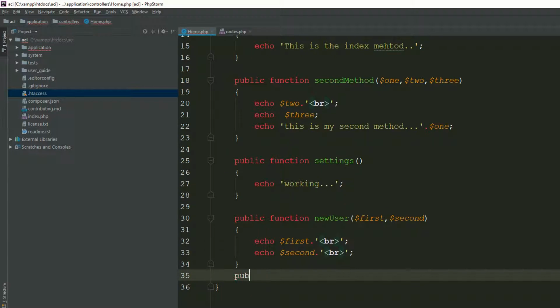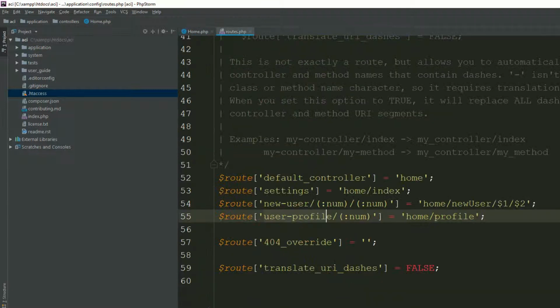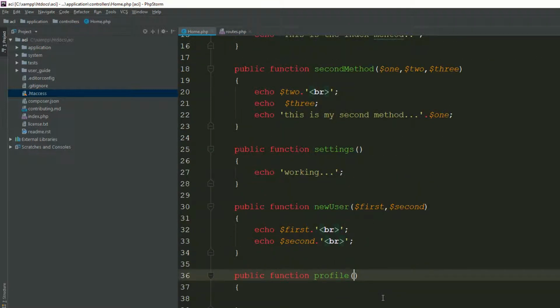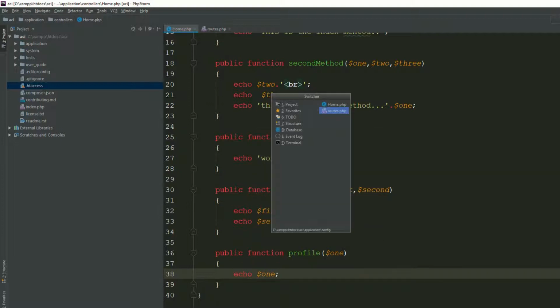Okay, I'm creating the profile method. Which method? Profile. Now you are passing the one argument. You have to receive the one argument here. For suppose value, whatever you want to write. I'm saying one value. Echo this one value, and now go to your